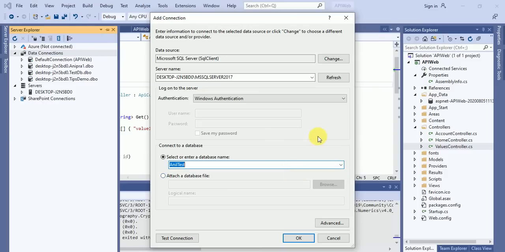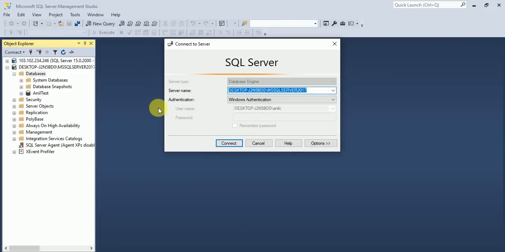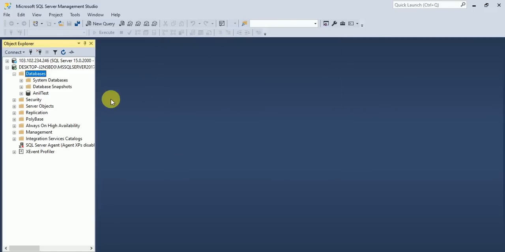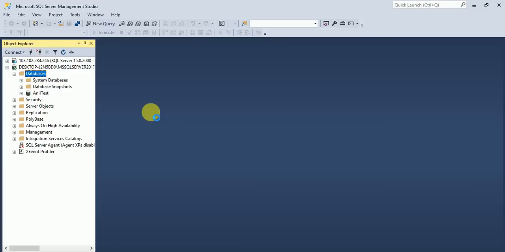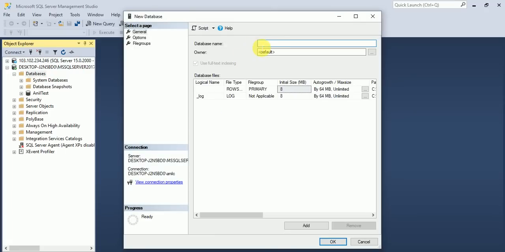Suppose I'm going to create one; let me check the databases. I have an existing test database, so let me create another database. From here, WebAPIDB.